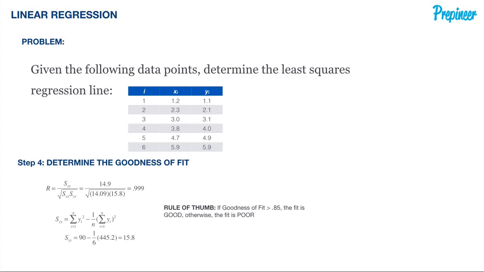Plugging in all of our values, we get a goodness of fit of 0.999. So our goodness of fit exceeds 0.85, meaning the fit is good, and it's actually nearly a perfect straight line. This means that the equation we have derived to represent the data can be reliably used to predict across other